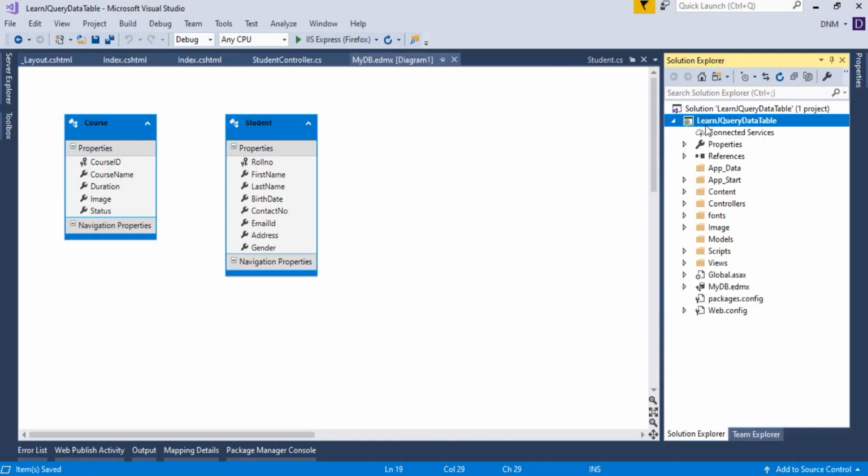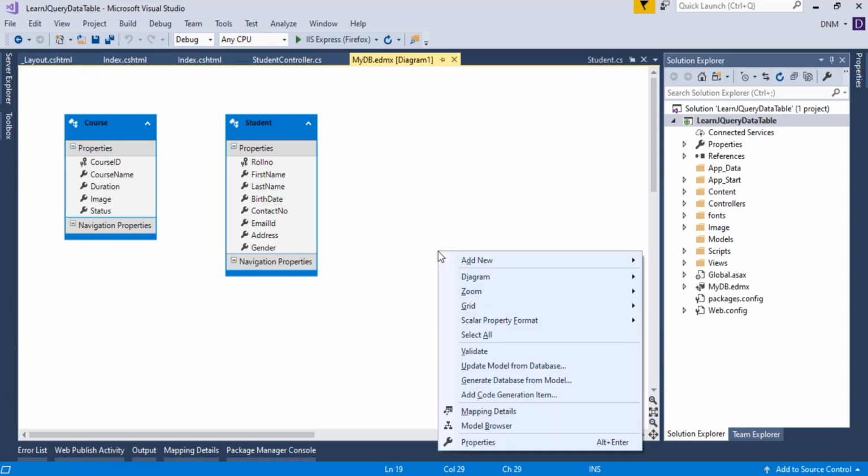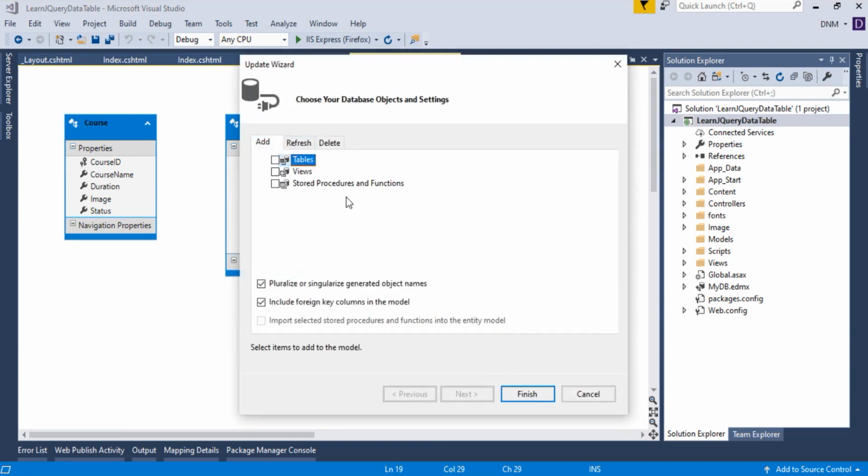Here I am using the same application that we have been using for the last few videos, that is Learn jQuery data table. Here I updated my EDMX file since I have added a student table in my database. To update your model with database changes, just right click in this empty area and say update model from the database, and then follow the steps of the wizard.